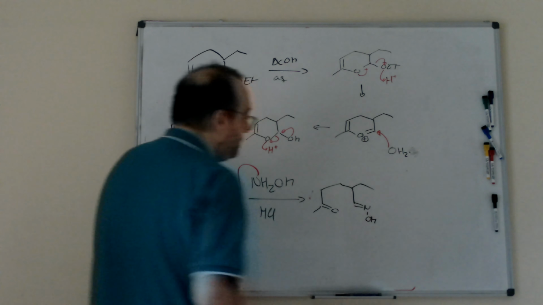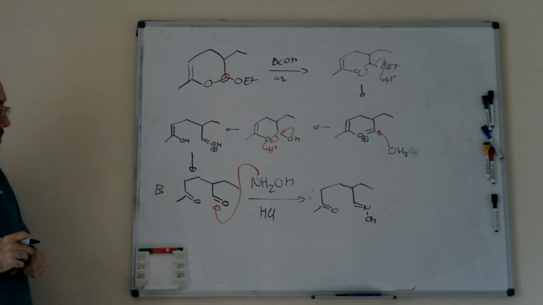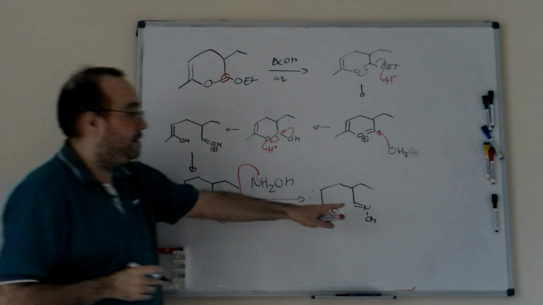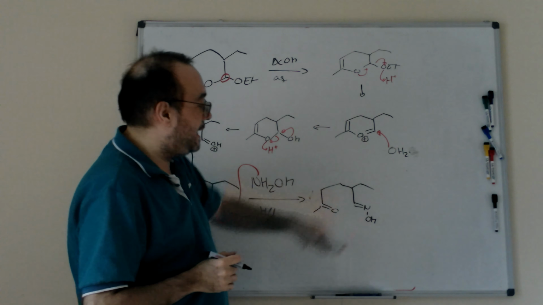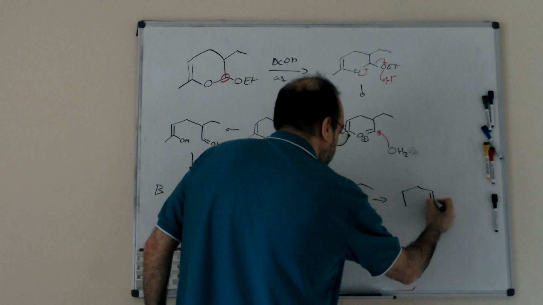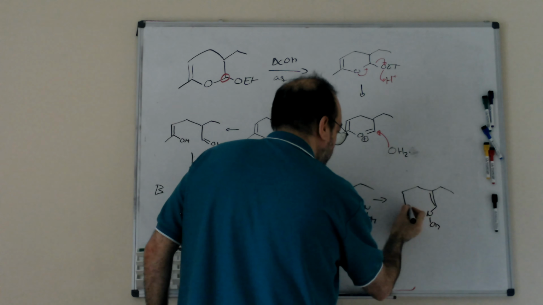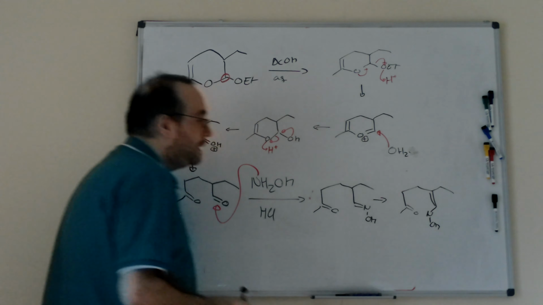Okay, we form the oxime. Okay, when we have the oxime, basically this can form the enamine, tautomerization to enamine. And then